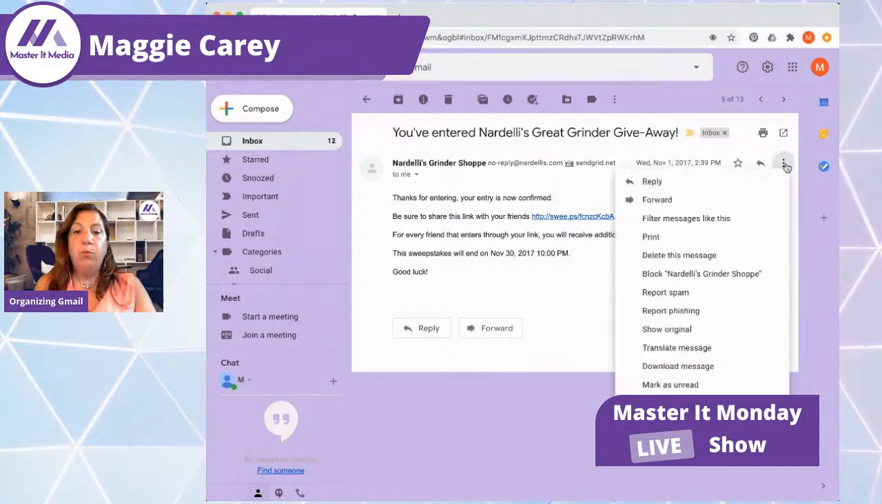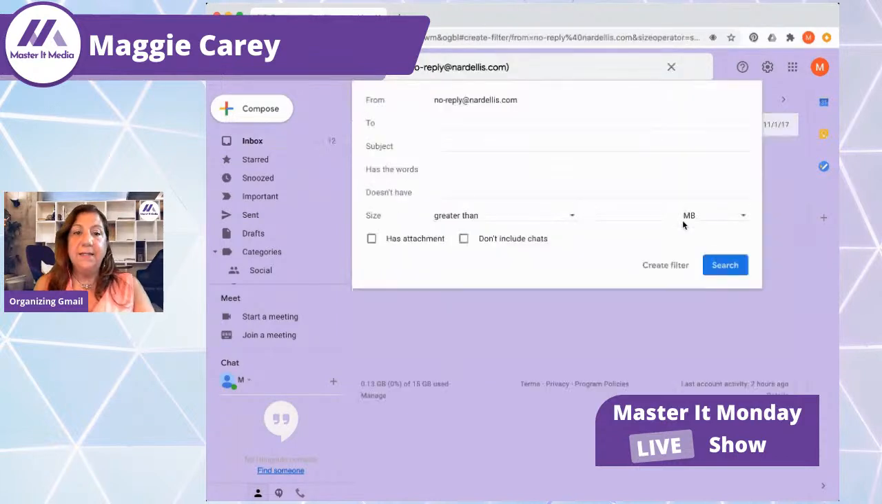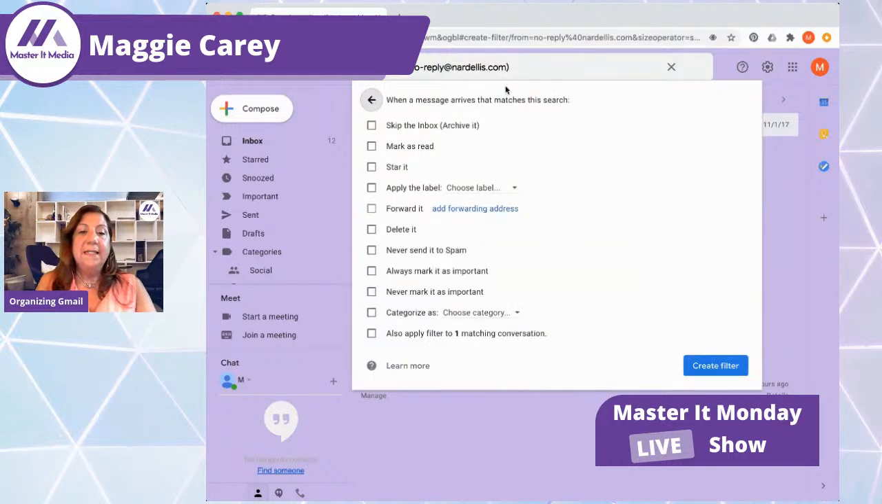I can click on this More button, and I am seeing here I can reply, I can forward, there's a whole bunch of things. But look right here, there's a filter messages like this. So for this, I have some options here. Now, it automatically pulls in the from, which is great. But in this create filter button here on the right, I can say what I want it